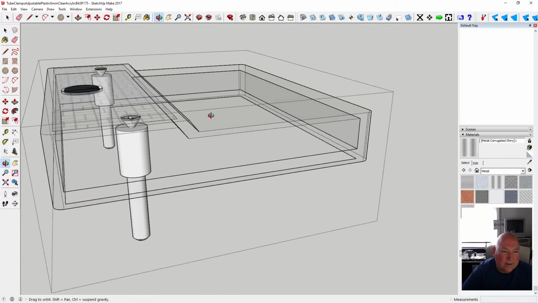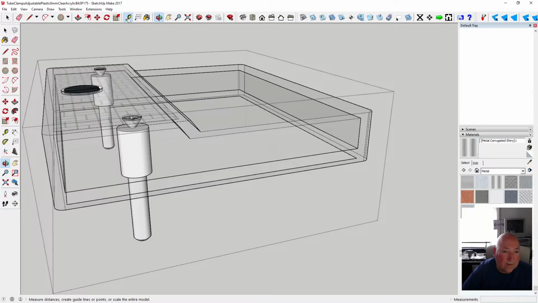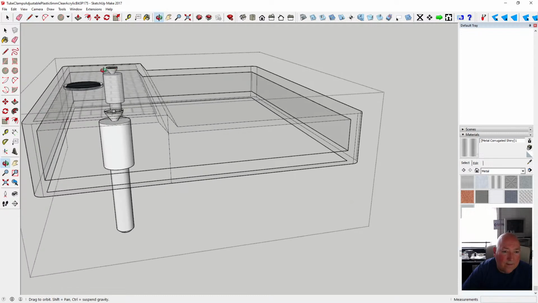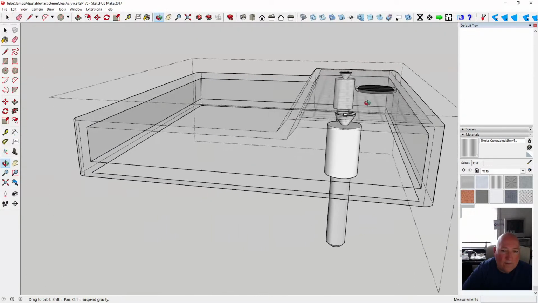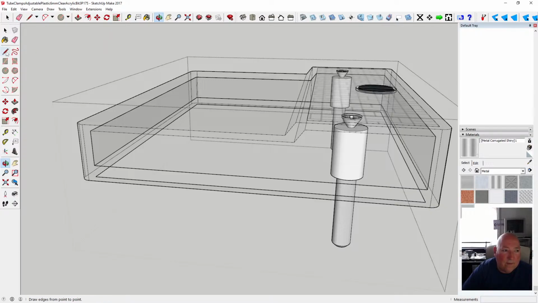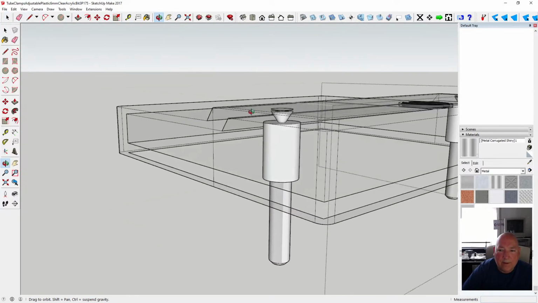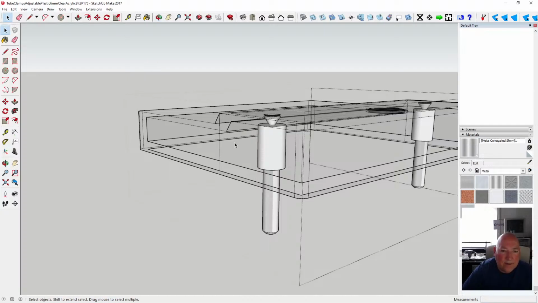So let's just do... like that. Okay, we want that edge, and